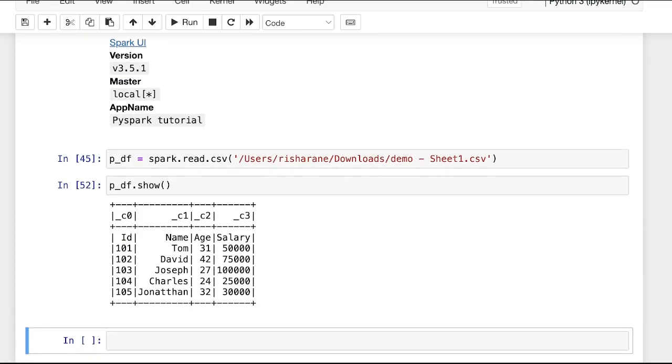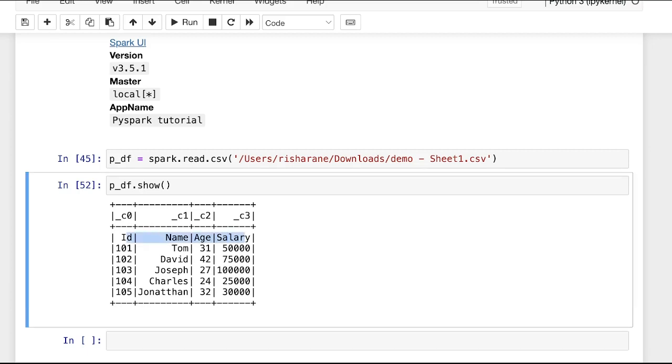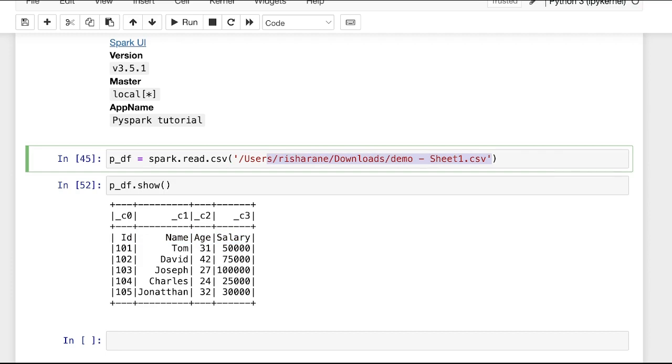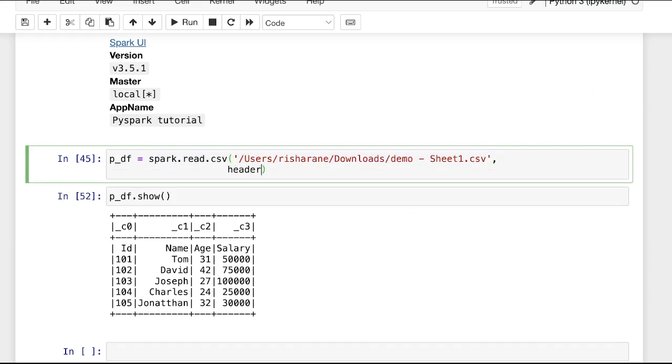Now, one unusual thing that you can spot here is your actual column names are present as the first row of your dataset and not the actual data columns. This is because you need to explicitly provide one attribute when you are loading the Spark session, which will make your Spark session consider that first row of your dataset is actually your original column names or your header. So in that case, whenever you are loading your dataset, here in this particular line, you need to explicitly provide header is equal to true.